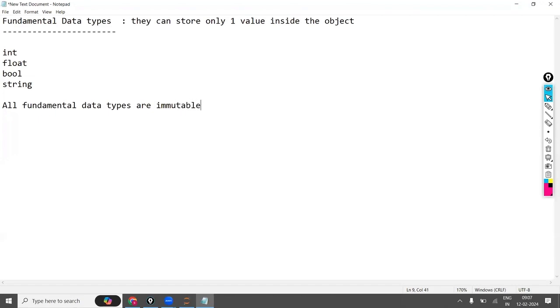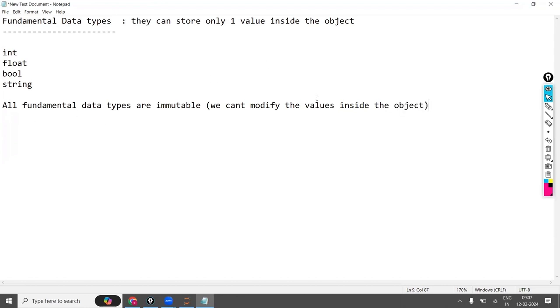Already we have discussed what immutable is. Immutable means we can't modify the values inside the object.